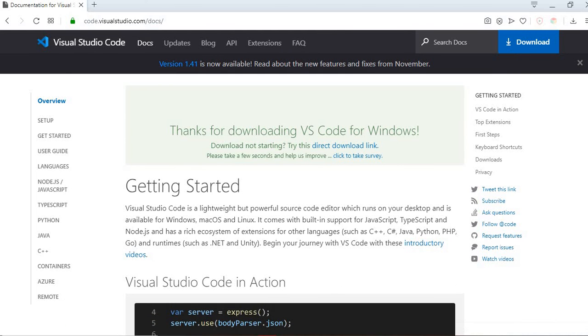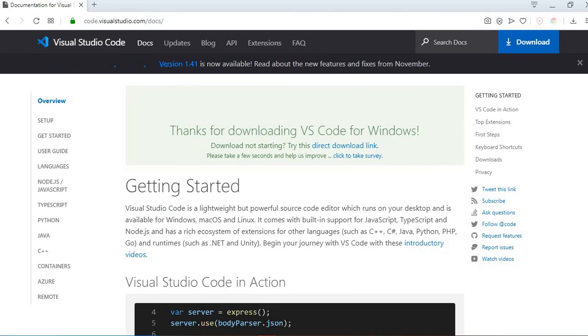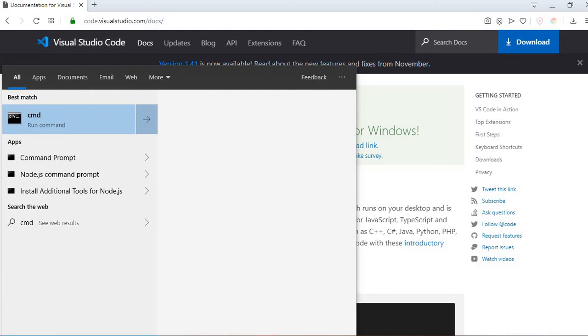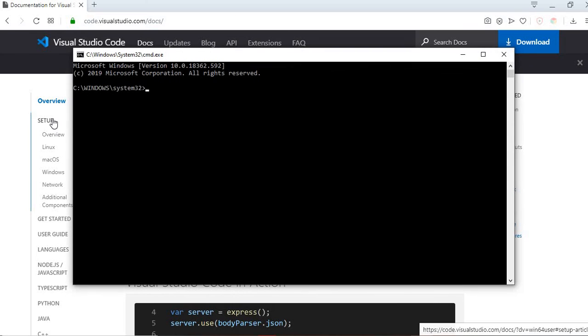I'm closing the Visual Studio Code which has been opened by the install program. I'm on command. Not sure why it's taking much time. So I'm going to open my command prompt, and once the command prompt is opened, you have to write something called